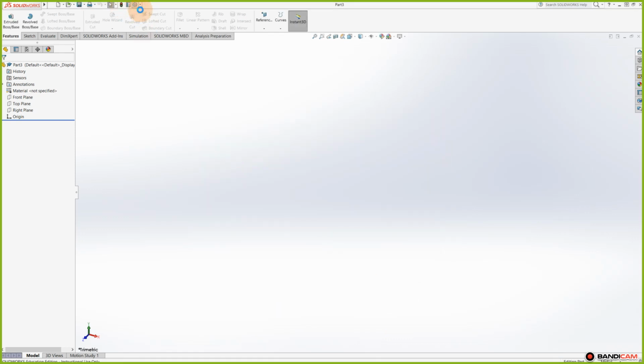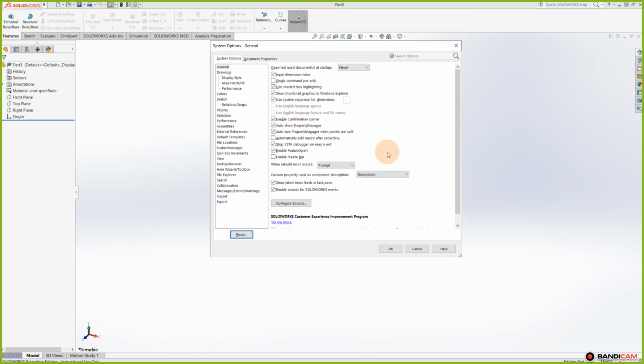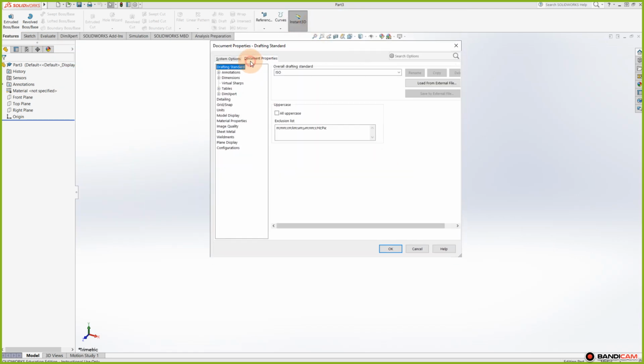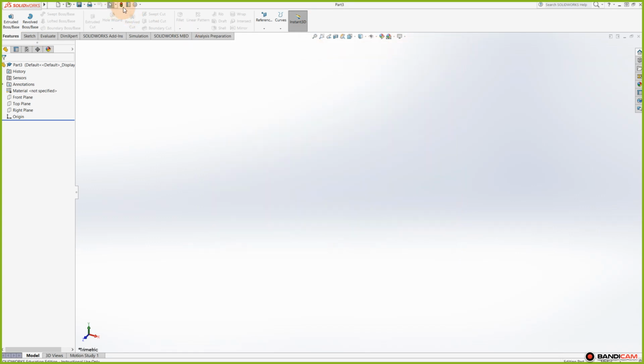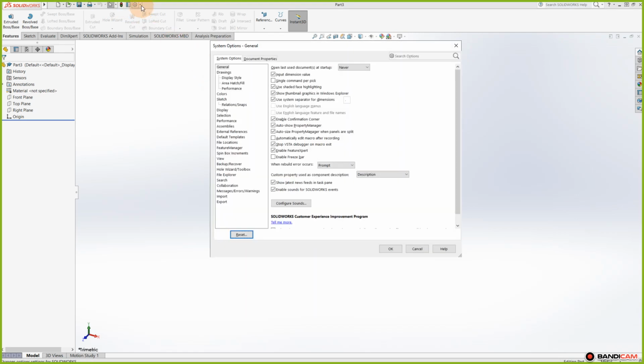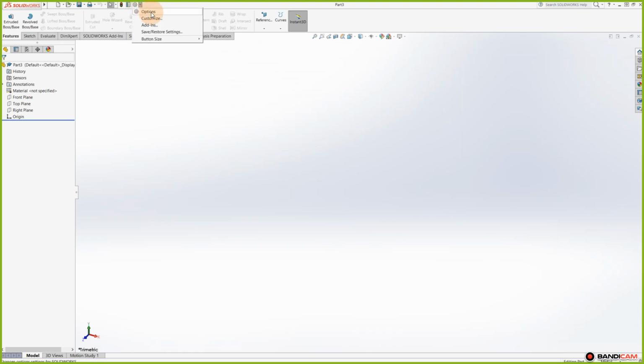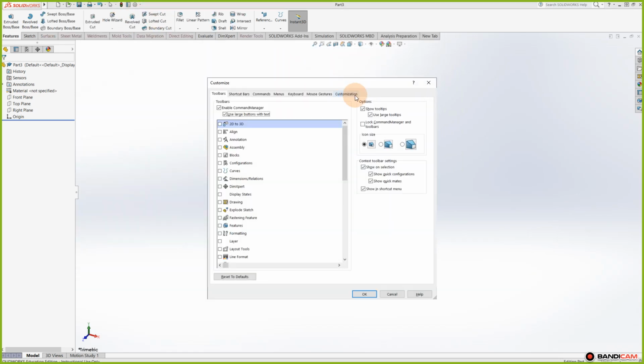We have our settings option, which is found here as well, which popped up on my other screen. We have the options right over here where you have system options as well as document options. Again, how I got here is just a little icon on top, options, and you have it. You also have a little arrow here, let me close this, where you could customize it,